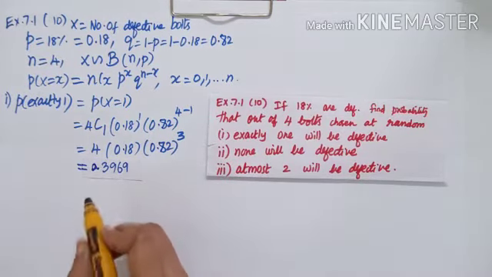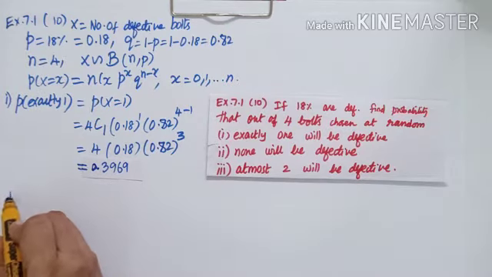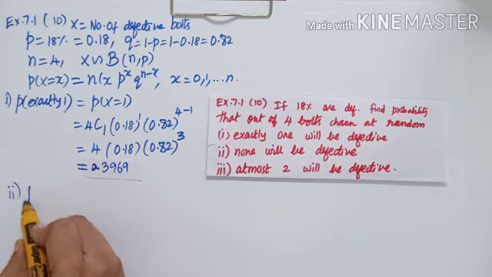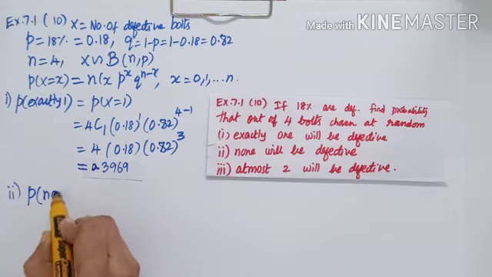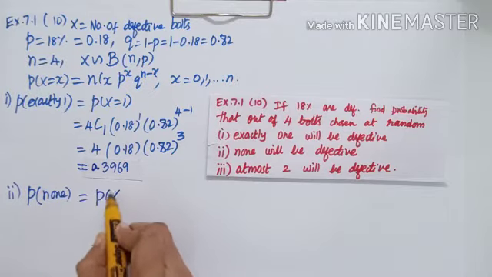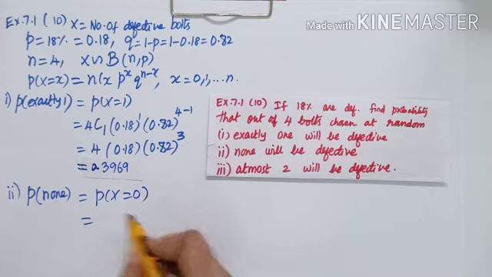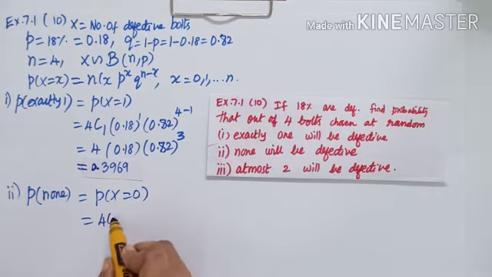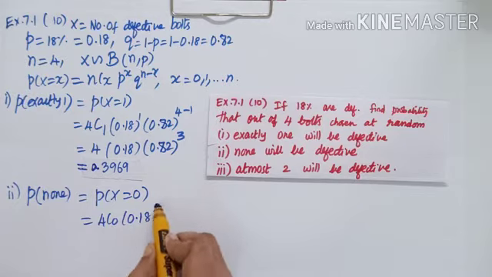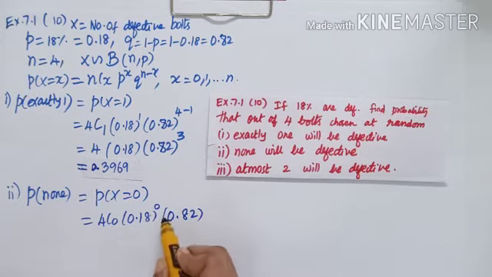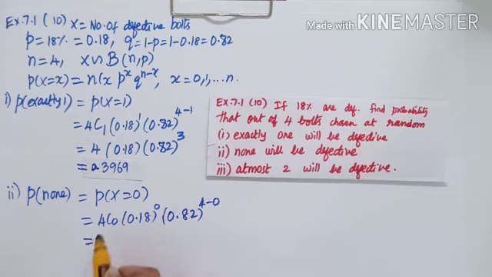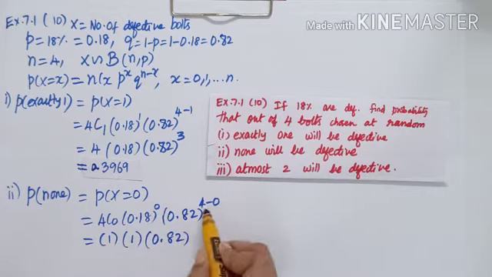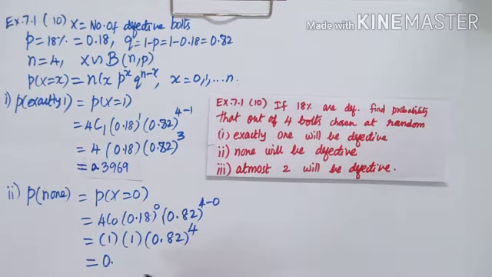So the answer is 0.3969. The second part of the question is the probability that none will be defective. None tells me X is equal to 0. Again substitute in the formula: 4C0, 0.18 power 0, 0.82 power 4 minus 0. 4C0 value is 1, 0.18 power 0 is also 1, 0.82 power 4 minus 0 is 4. Simplify. We get